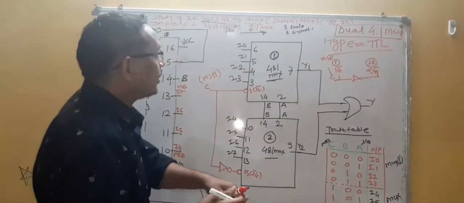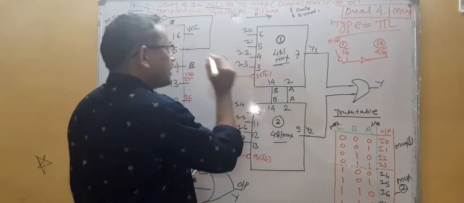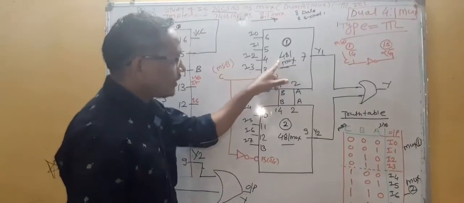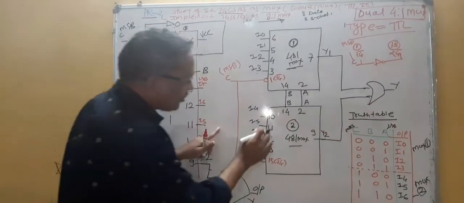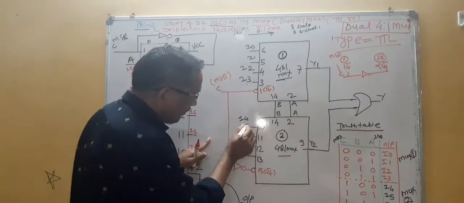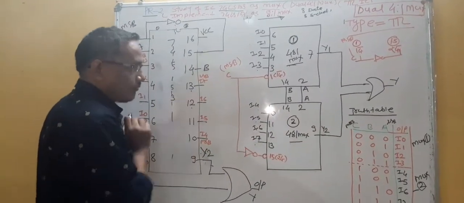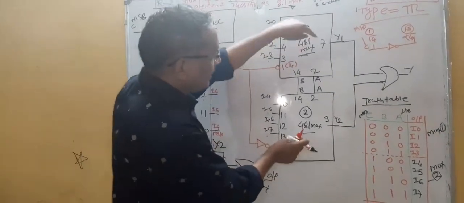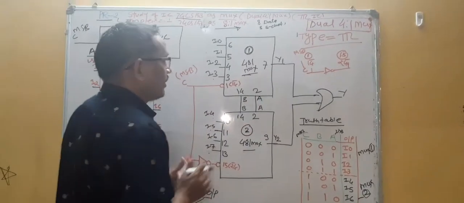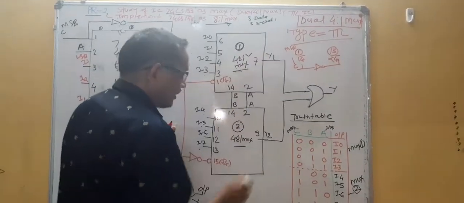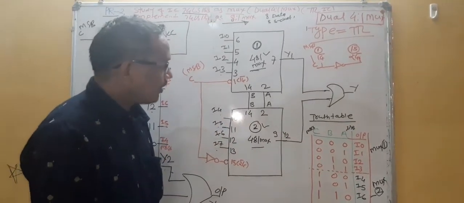It consists of four data inputs, called I0, I1, I2, I3. These are the data inputs of the first 4:1 multiplexer. The second multiplexer again consists of four data inputs, called I4, I5, I6, I7, as per pin numbers 10, 11, 12, 13. So these two 4:1 multiplexers I will connect in a cascading way. Each 4:1 multiplexer requires two select inputs as per the principle of a multiplexer.